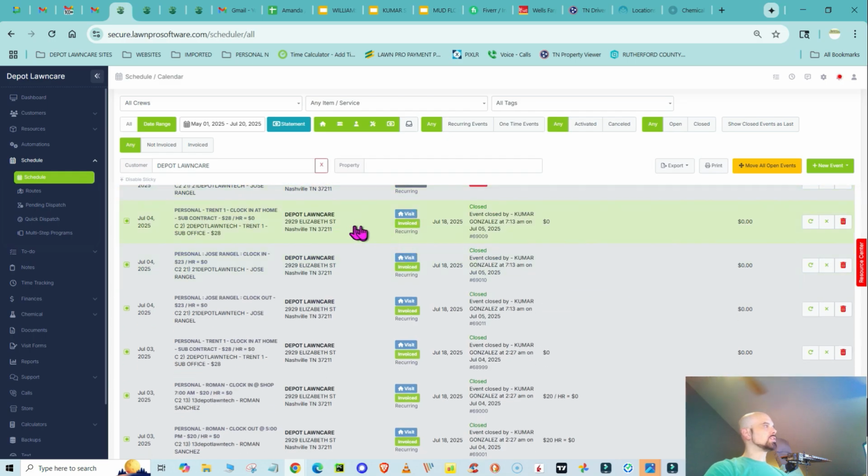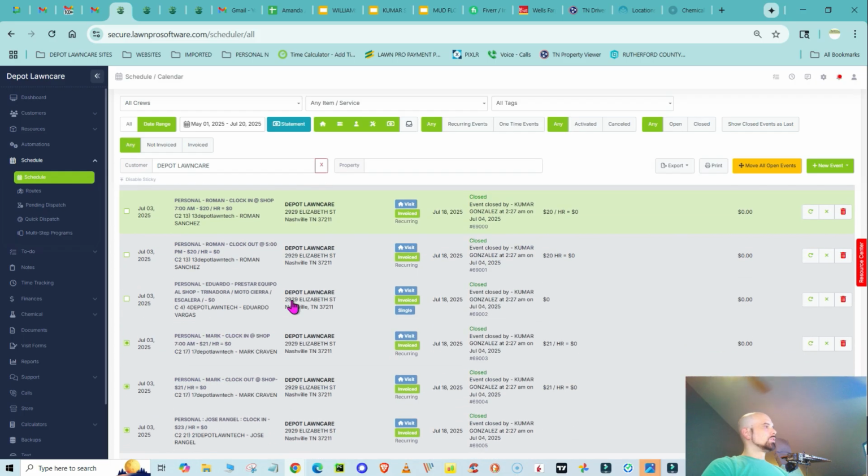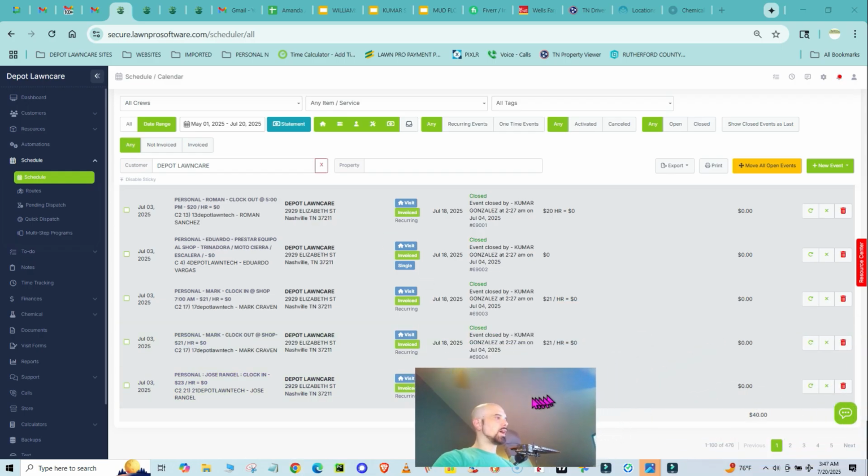And now I have these that are already invoiced. I don't need to re-invoice them. So I'll unselect them. Well, it's giving me a trouble there. There we go. Alrighty. Unselect the rest of them. And now all of these are ready to go. If for any reason I had more to do,